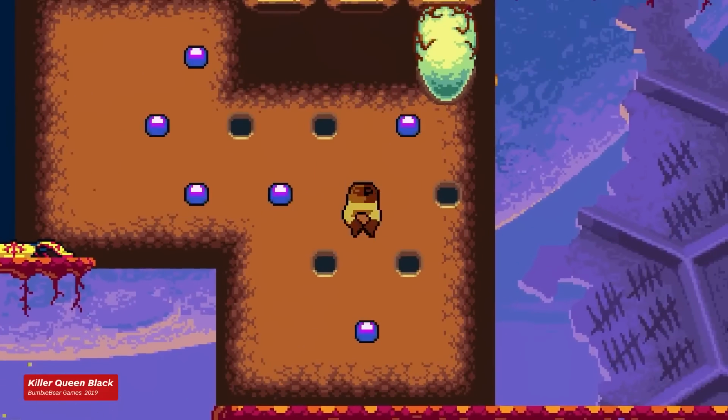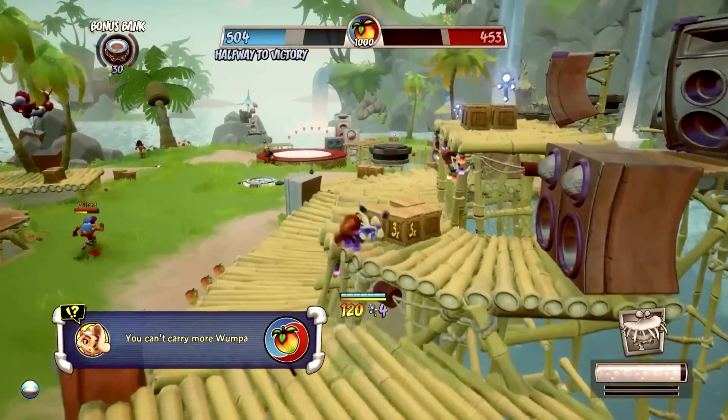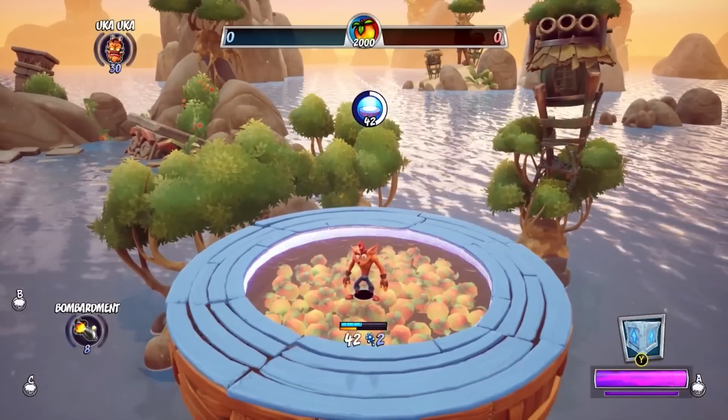If you've ever played Killer Queen, then you'll feel right at home with a lot of Crash Team Rumble's formula, which allows for multiple strategies to put you on the path to victory. You can play it slow and steady by depositing Wumpa Fruits into your team's bank until you've racked up enough points,